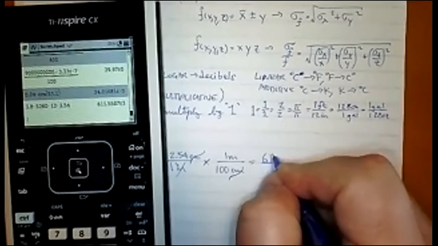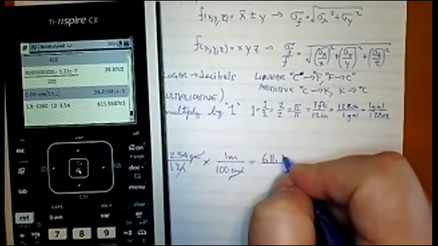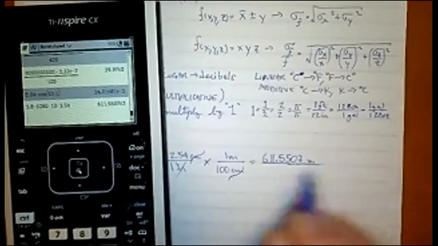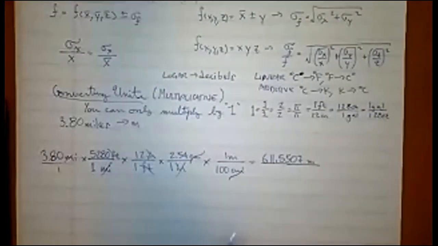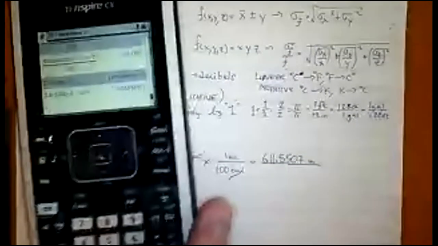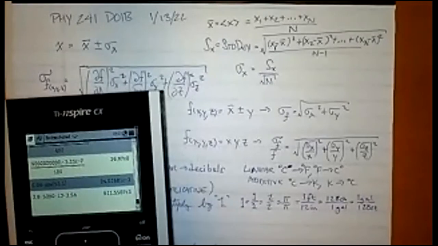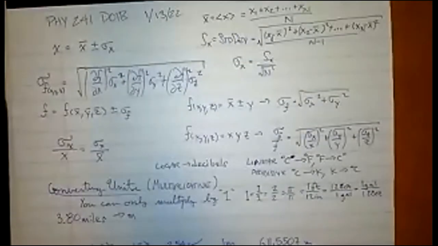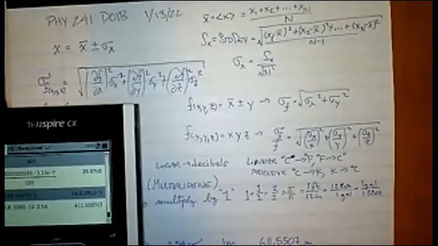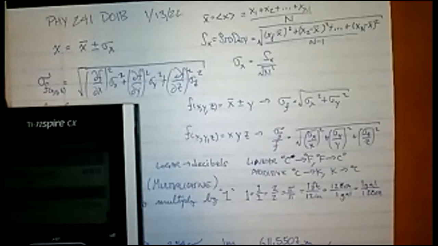So this is 611.5507. And that's meters, because that's the only unit that exists still. Notice everything else has been canceled out. Now I do 1 times 1 times 1 times 1 times 100. So if I actually multiplied that, you would see it there, but why bother? 1 times 1 times 1 is just 1. So then I multiply it by 100. So in fact, what I see is this is 61,150. So my decimal was here, 12.07 meters.